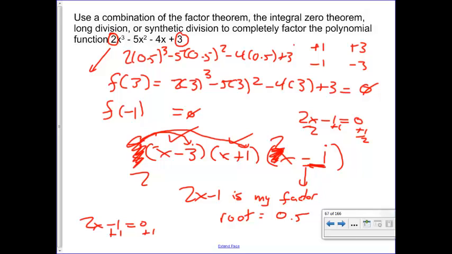Yeah, but then would that be subtracted? Or is it already? It is now the root. The factor was 2x minus 1. The root is positive 1/2. That's where you would